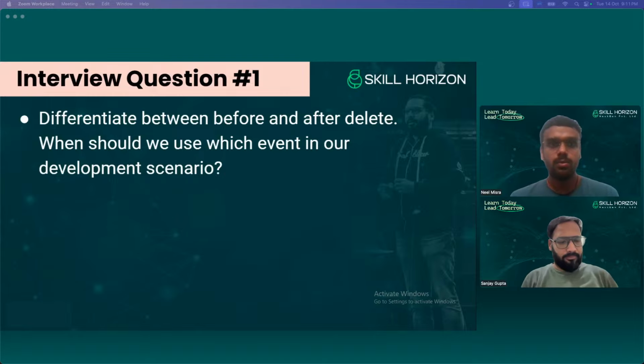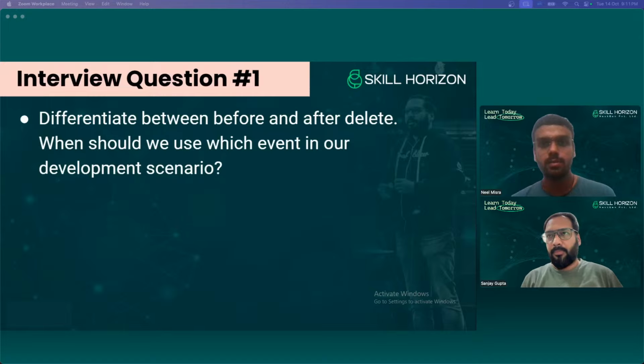So, sir, as per the order of execution, when we perform a delete operation, before delete will be performed, then the operation would be temporarily saved, then the after delete trigger would be executed, and then the final commit of the record will be done.